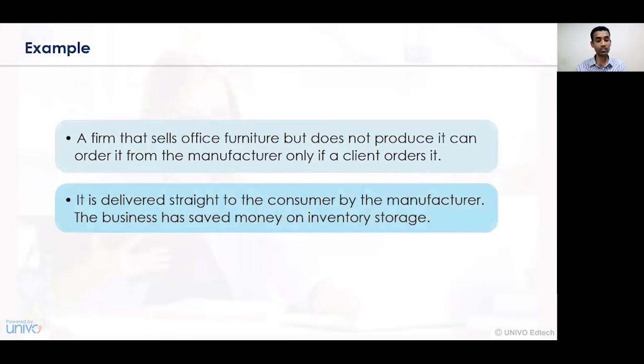And hence, the furniture can be purchased from various different sources or locations. So it's an example of an administrative or wholesale purchase that has been undertaken for business consideration. It is delivered straight to the consumer by the manufacturer, and hence the business has saved money on the inventory